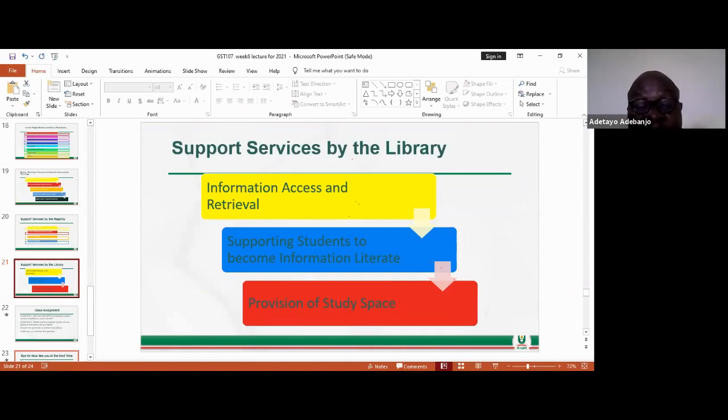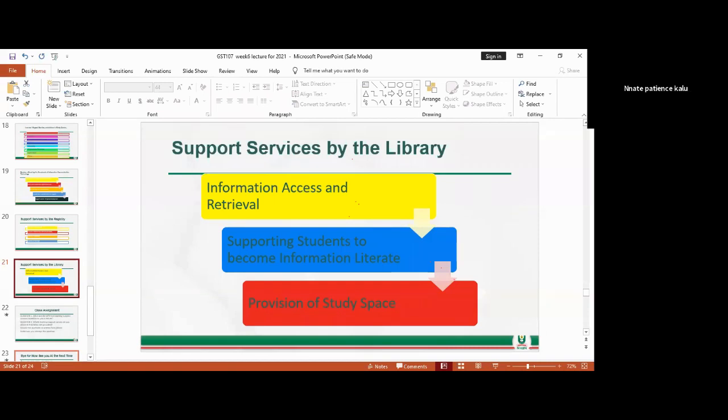Unlike in the library, this is where you get access to information and you can access it and retrieve it. You download some of the materials, you go to web pages and all these things, they will be there to support you, and then they make you become literate. Anywhere, this is where you can get a catalog, newspapers, textbooks, journals, and the rest. Then provision of study space. A library is a conducive place